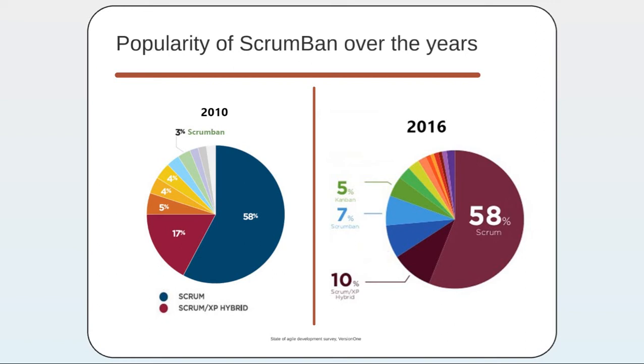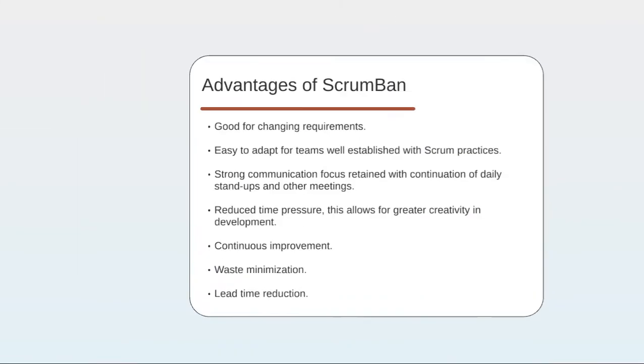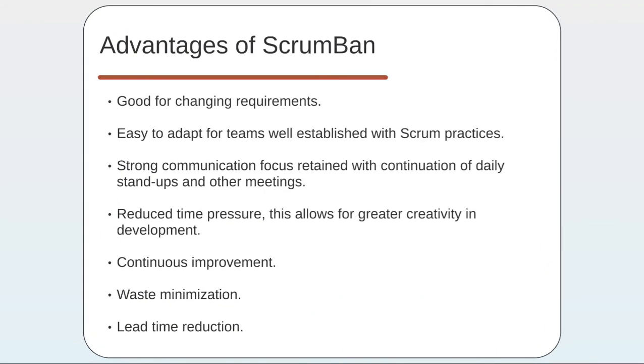So even though it's not a large hike, some teams are preferring ScrumBan and it's working for them, because the percentage of users has increased somewhat within these years. So teams who are using ScrumBan can be happy that this is a methodology that works for teams all over the world. And talking about advantages of this methodology, it's really good for changing requirements, and also most importantly,